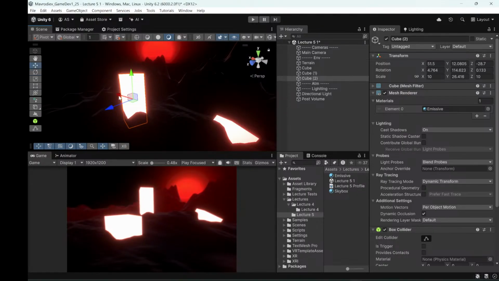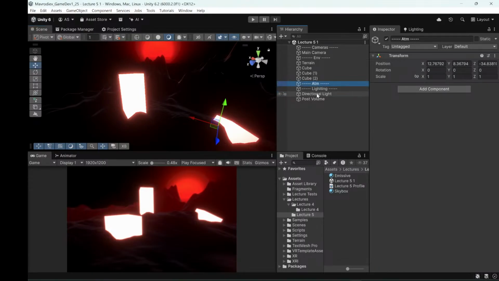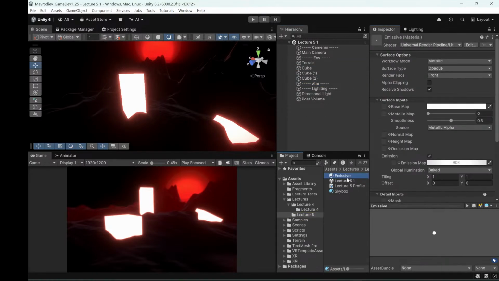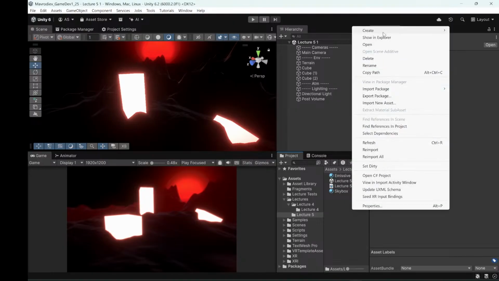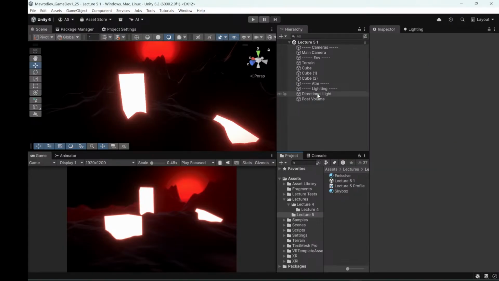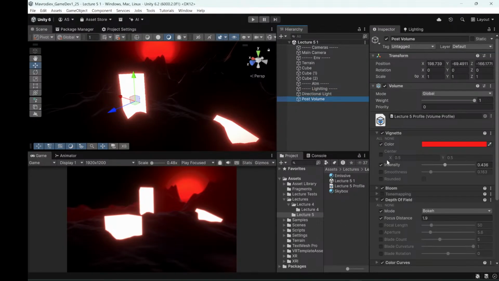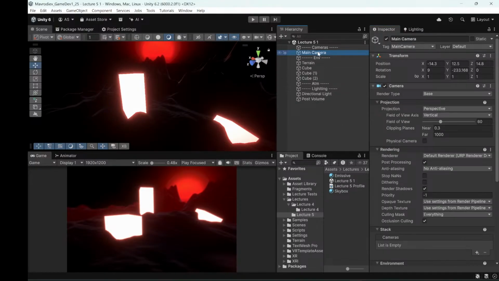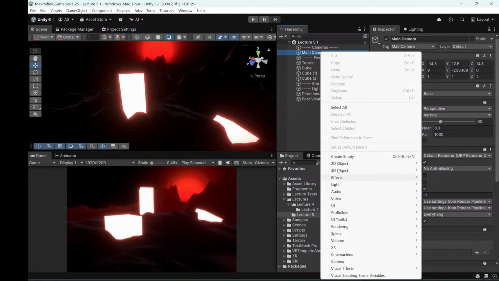Glowing. Yeah. So you mean the cube or the post processing, or both of them? So first of all, on the cube, I added this new material. So just creating a new one. You did, okay. And then you need to add this post processing effect with the bloom, right? So let's see the steps again. So first of all, on the camera, you need to enable the post processing. Then you need to right click and then